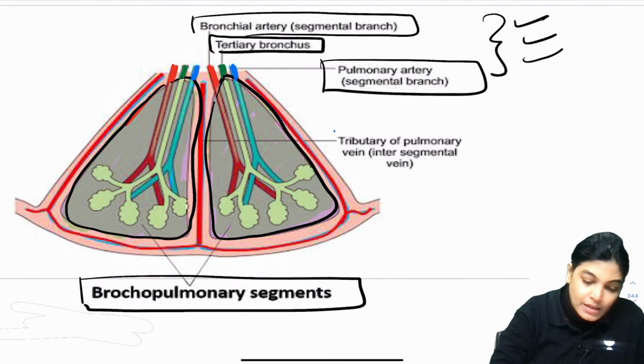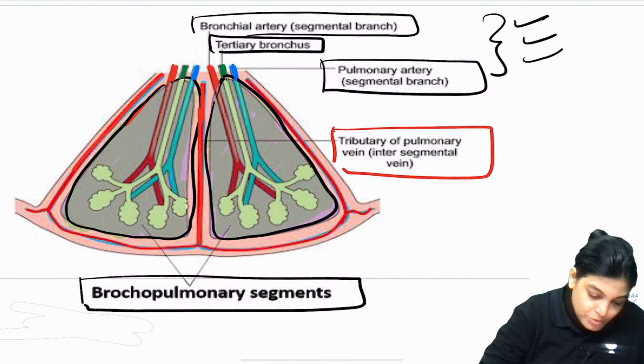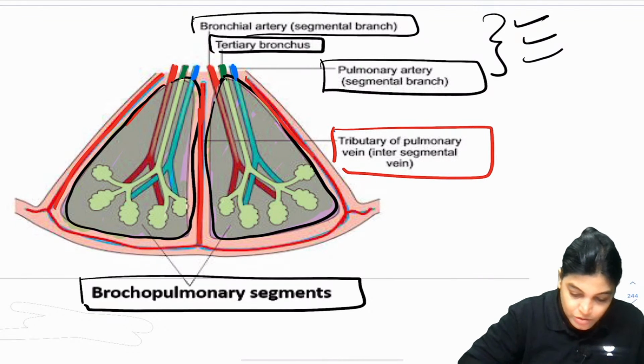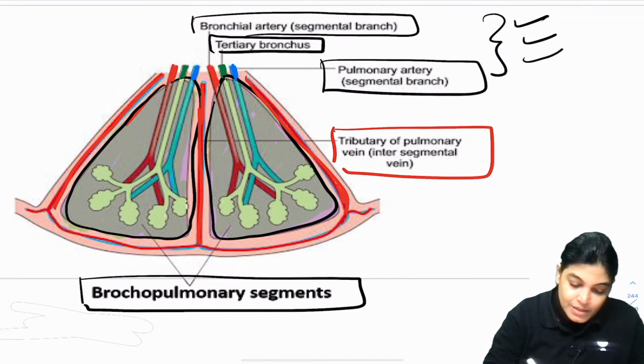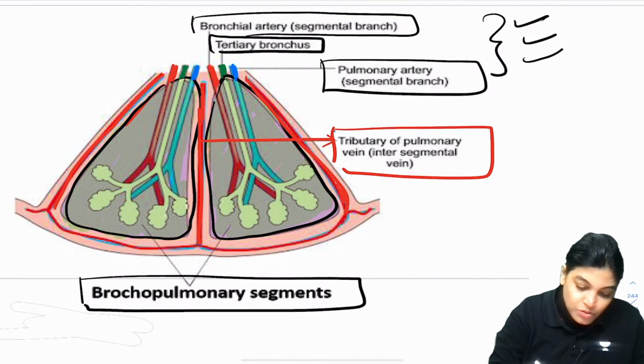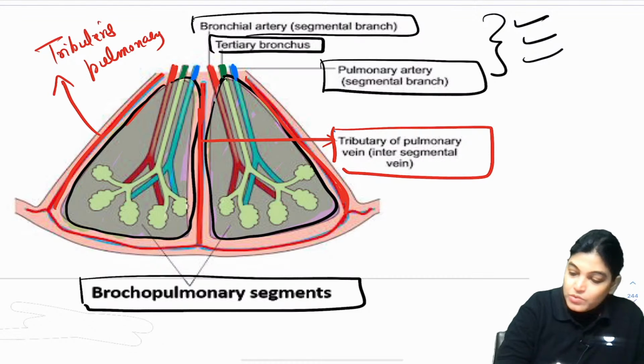Now see here, here you can see a tributary of pulmonary vein. So here exactly the tributary of pulmonary vein is located, here exactly it is located, here also a tributary of pulmonary vein is located. So these are tributaries of pulmonary vein, and clearly we can see the pulmonary vein tributary is